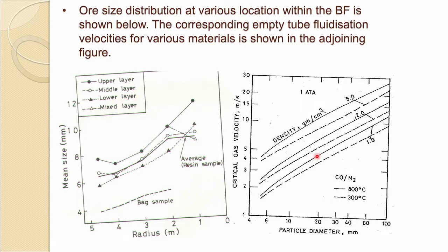So, here you have the fluidization velocity, again with the size like this. You have about 6, 7, and then you have values for sinter and others. So, this gives some idea, for the different densities of the material, of what the fluidization velocity would be. The furnace should operate below that limit, and that is one of the reasons that you cannot have very small particles of coke, otherwise they will get fluidized here.